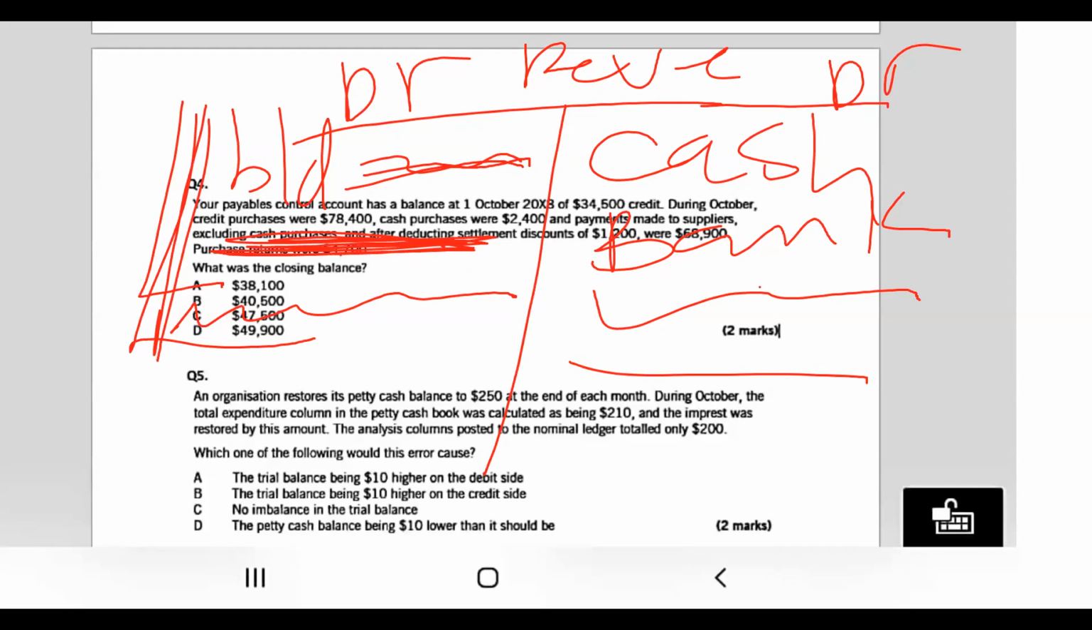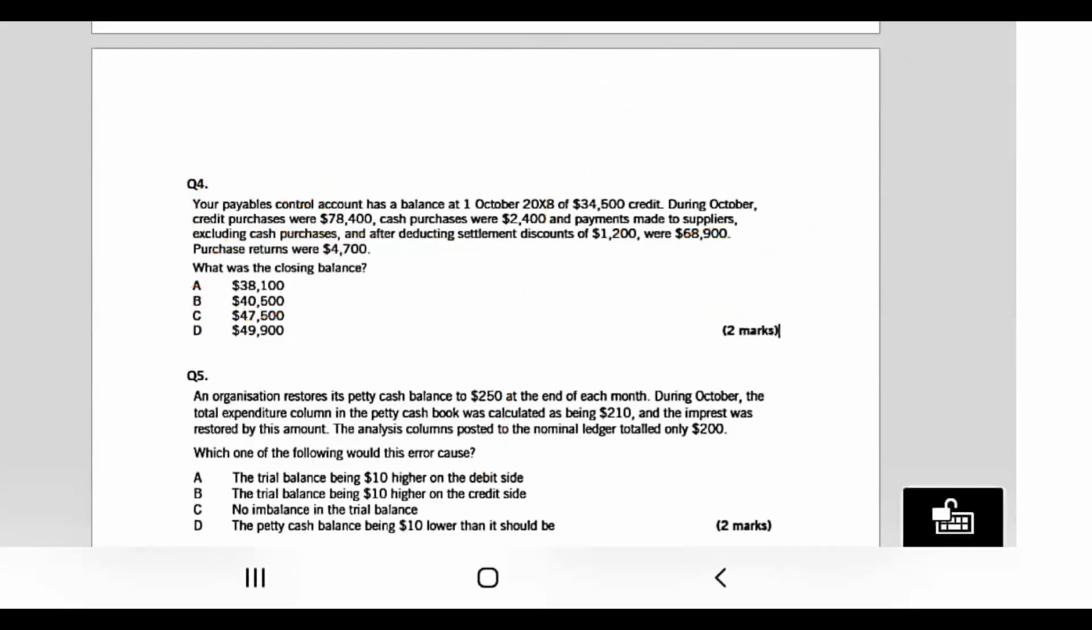Question number 5. Question number 5. Question number 5. An organization restores its organization, and